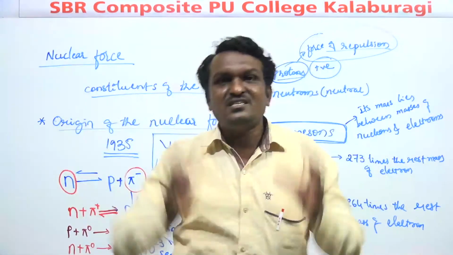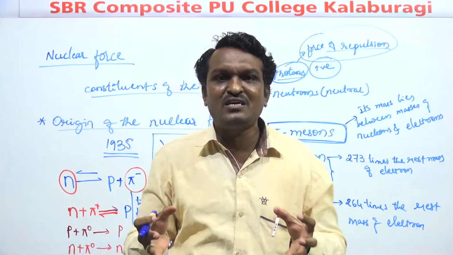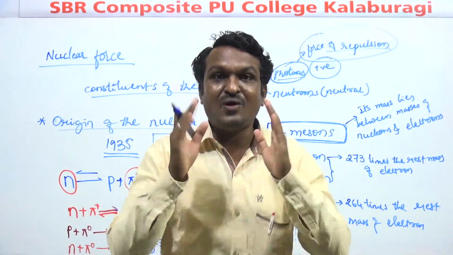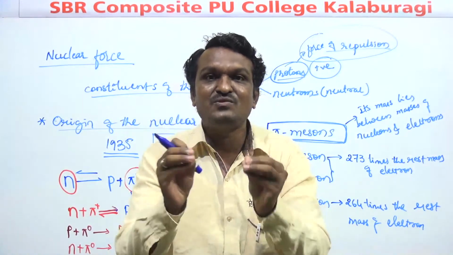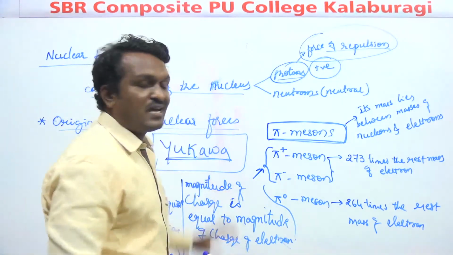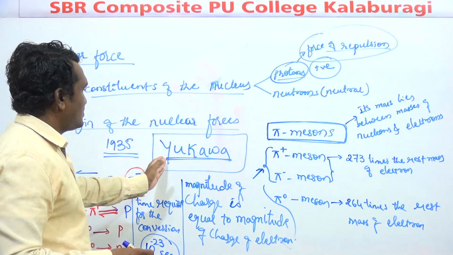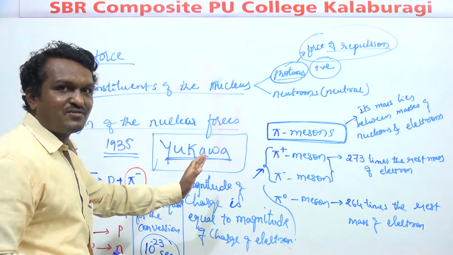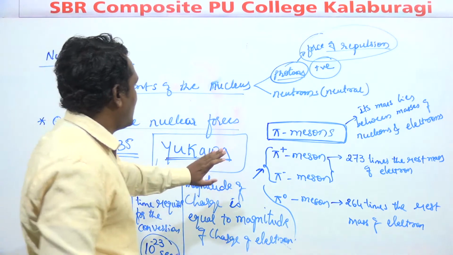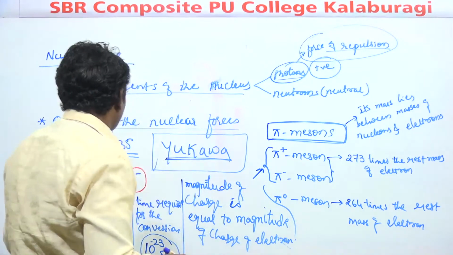So fast the exchange of these pi mesons among the nucleons originates the nuclear force. So this is what I wanted to say about the origin of the nuclear force. So who introduced the concept of origin of the nuclear force? The concept was given by the Japanese scientist Yukawa